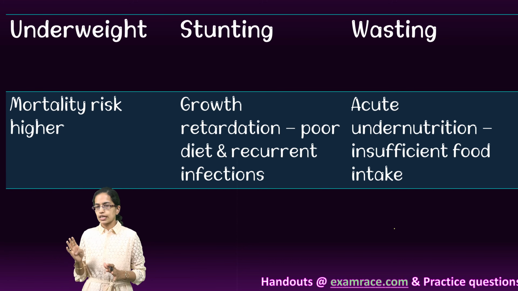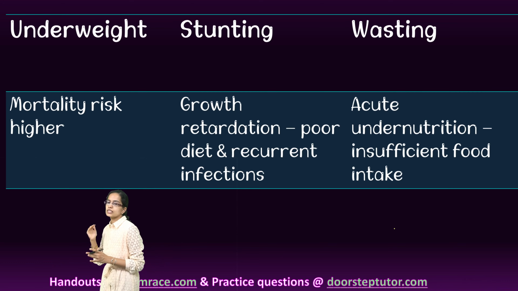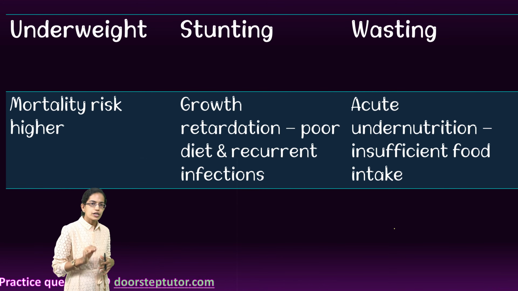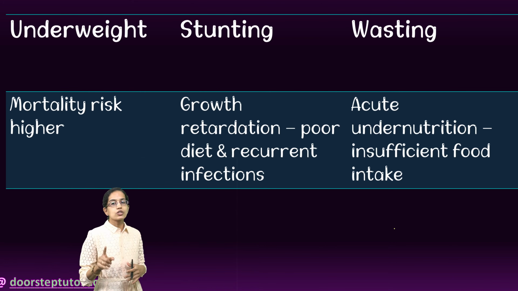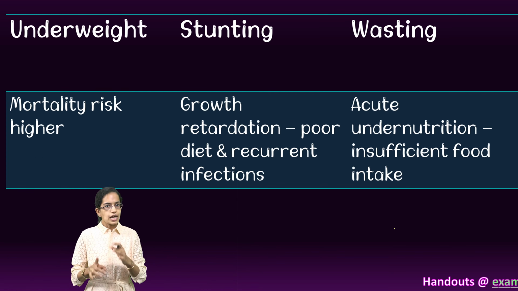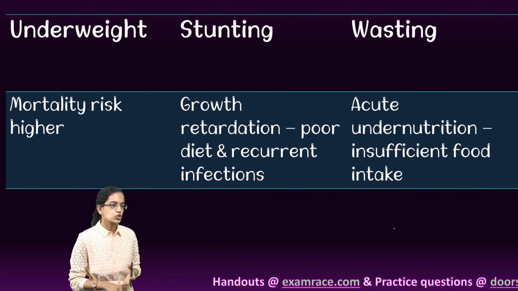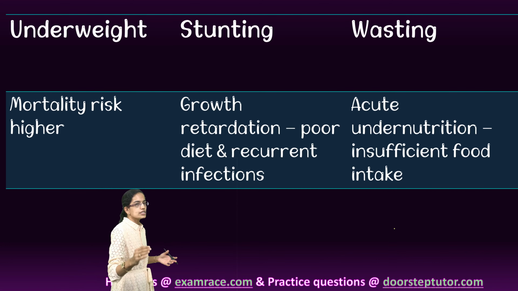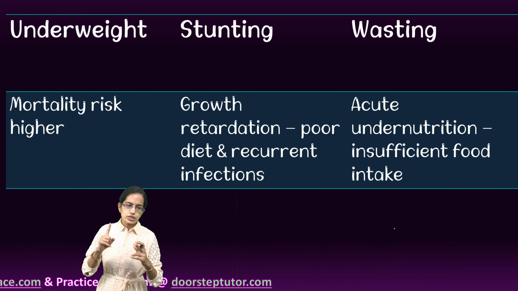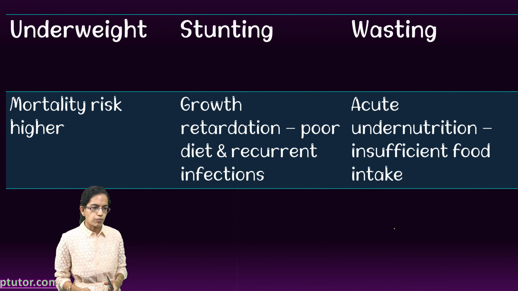When it comes to stunting, which is height to age ratio, we say that the growth is retarded, and this can be because of poor diet, poor nutrition, which is related to recurrent possibilities of infection in long term, retarded mental development, poor school performance and reduced intellectual capacity. Now, all this would in turn affect the economic productivity of an individual. So, stunting at any age is significantly riskier for the population.